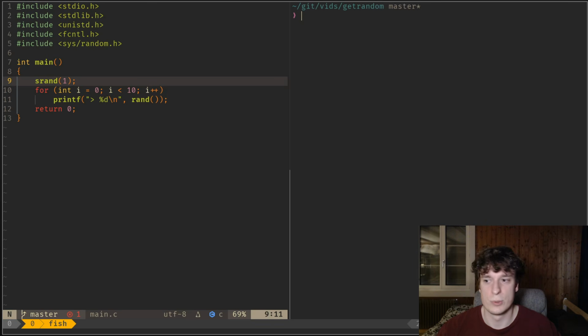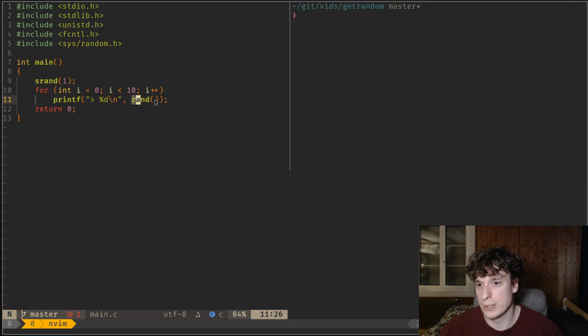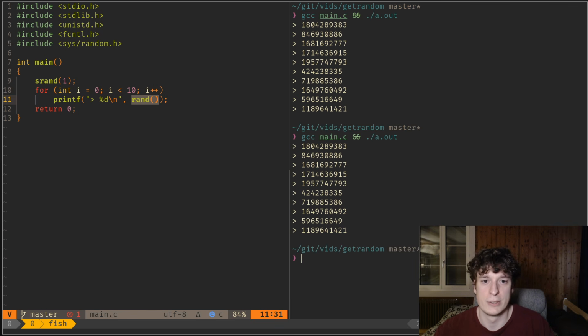Okay, in this one I'm going to show you the getrandom syscall. So if you've ever needed randomness in a program, you've obviously used srand to seed your random function and use the rand function to generate a random number. Of course, the obvious disadvantage of this is that your random numbers are the same each time since you have